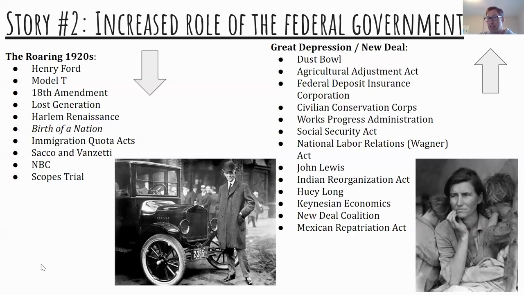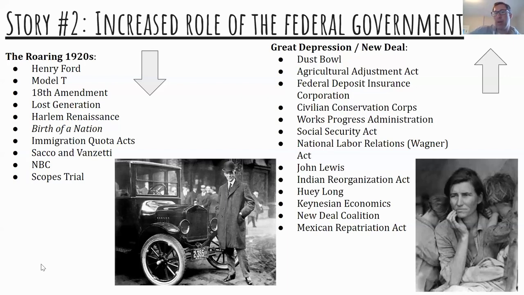Now, FDR has a much, much different view of government. He's going to significantly increase the size of government in ways that we've never seen before, and he does this through his New Deal. He doesn't have a specific plan for fixing the Great Depression. Instead, he is just experimenting, using government and creating all these different agencies that had never existed before to deal with the high unemployment, the growing homelessness, and the economic challenges that Americans were facing during this time period.